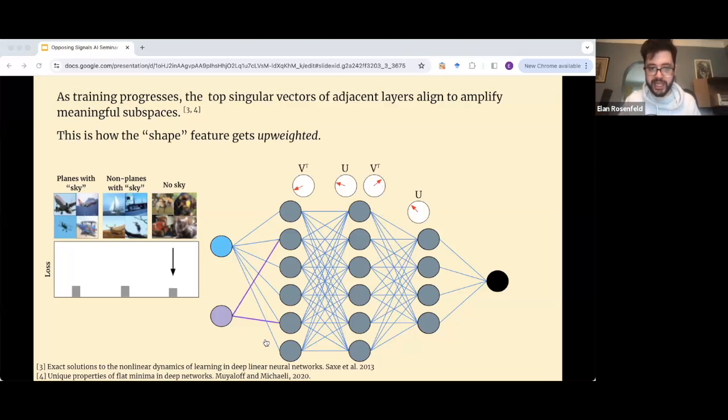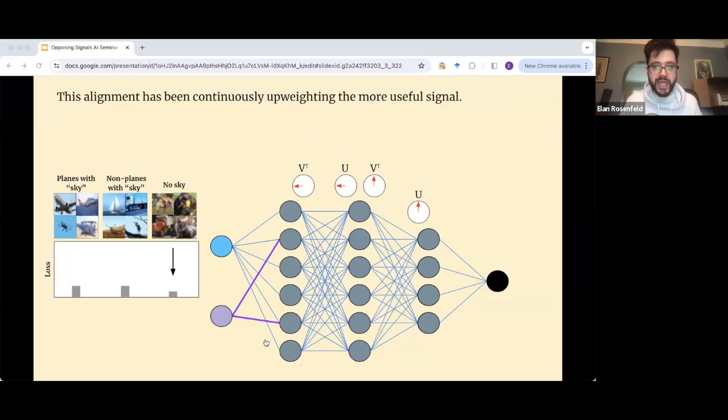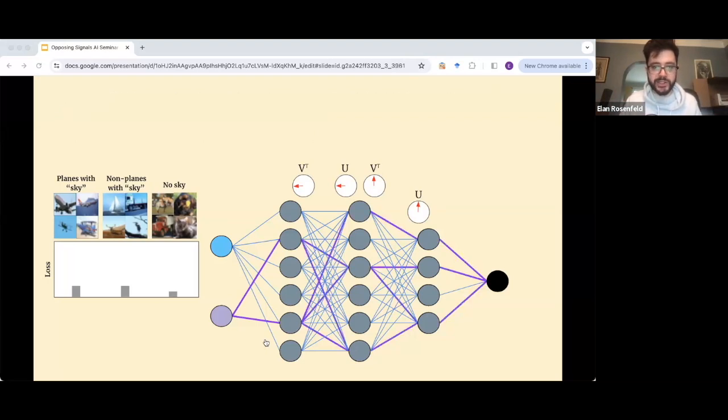And so this has been observed in practice, right? You have this alignment of singular values. And as this is upweighting more signal, it means that the shape feature is now being propagated through the network with greater amplitude, which allows us to meaningfully use this signal to predict. And so you see that the loss on most of the samples that don't have sky in them has decreased. So this is vaguely what happens at a high level,